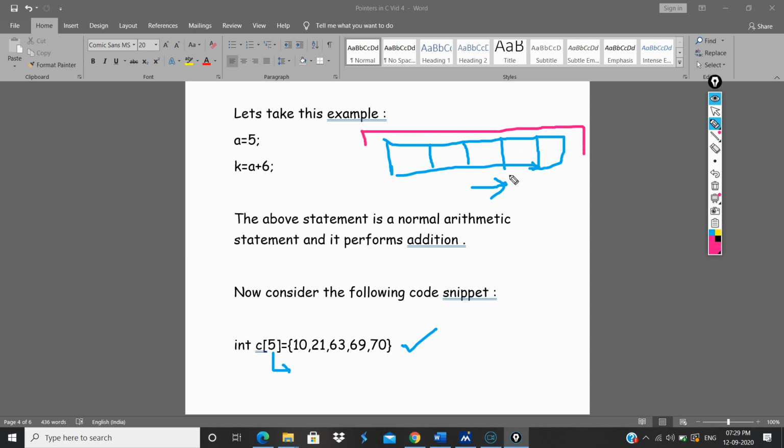I have already explained this in my previous video, so I will not get deep into it. These are the values that will be stored inside each of these boxes. We know the data type here is integer, which means the value within each box will be of integer data type, and the space each sub block occupies will be 4 bytes. So we know this much.